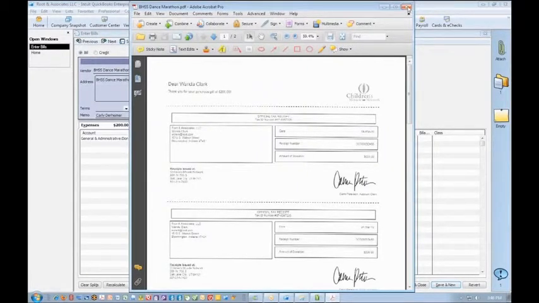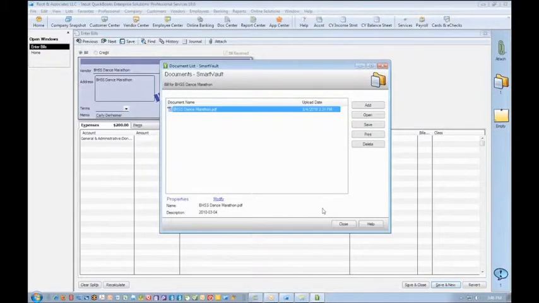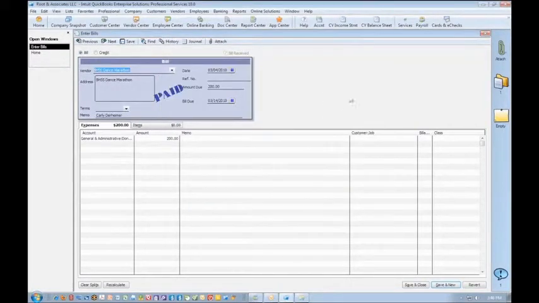The nice thing about that is I can take that vendor bill and just shred it at that point in time. So SmartVault does a great job of taking QuickBooks and making it paperless, which I really like. Now, what version 3 has done that's really changed things here is that version 3 not only